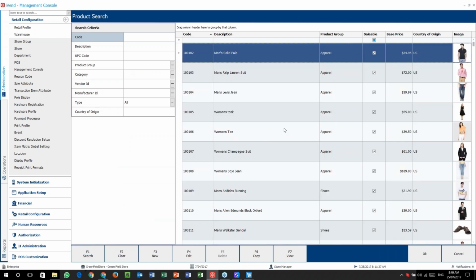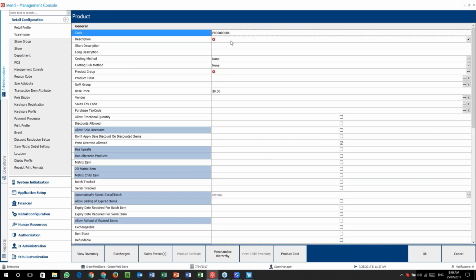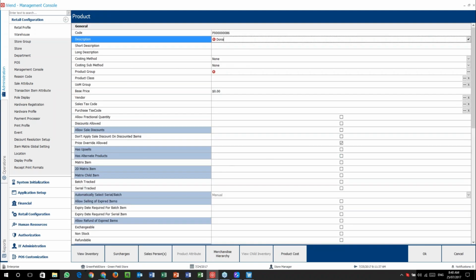Naturally, I would not suggest putting it to something like women's tanks. The entire idea is that this is going to be a new product, which will be a very specifically sales-only item. Now, this is not an item that you're actually going to be selling. It's just an item there to take that additional bit of rounding and post it to it, and then that can be used to donate to your different